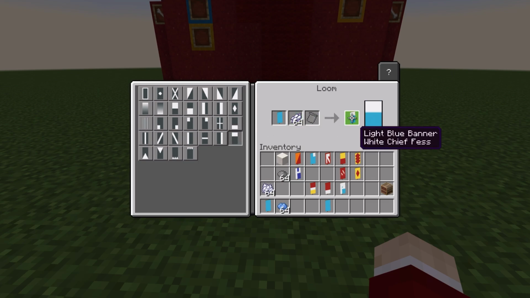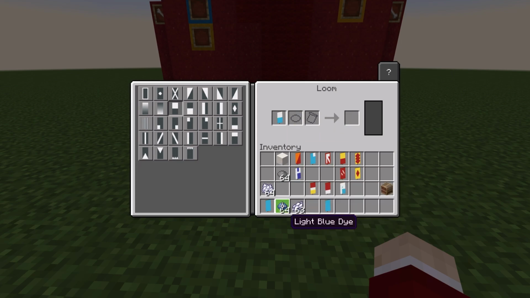Sorry, that's the wrong one. It's this one. Nope, Chiefess. Perfess is going to be half of our banner just here. The top half of our banner is now white. Let's swap out our white dye for our light blue and get ourselves a blue pale, which I believe is going to be